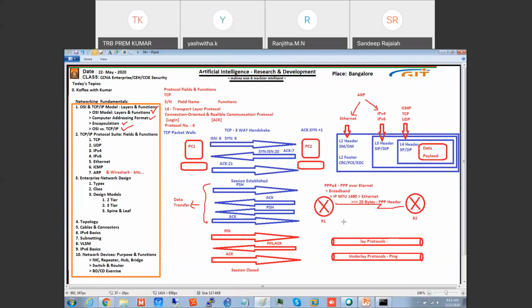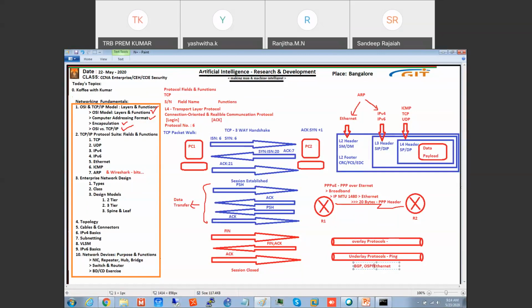All these things are running there. When you run an overlay protocol like VPN, it has its own setup and configuration, and it has to match that configuration. Then only does it work. The underlay protocols are IPv4, TCP, and Ethernet. Like that, you can take routing protocols like BGP and OSPF.